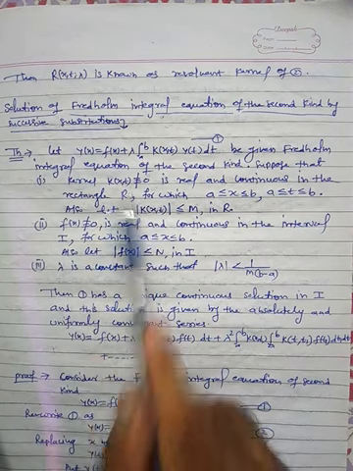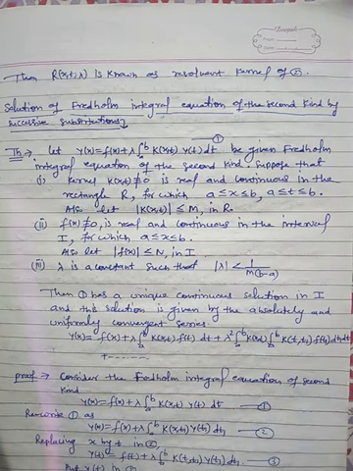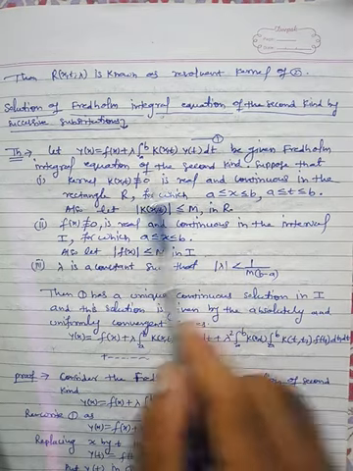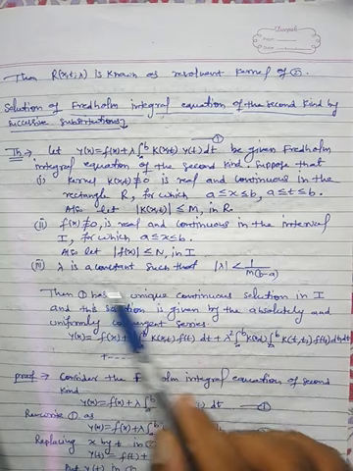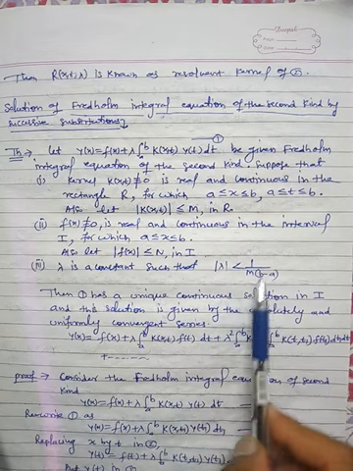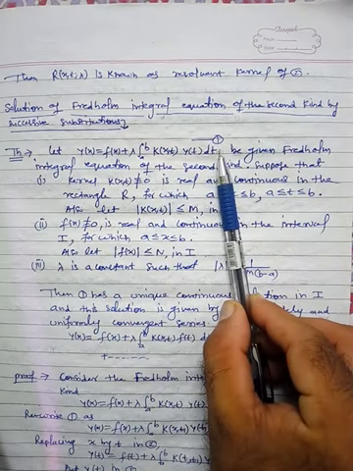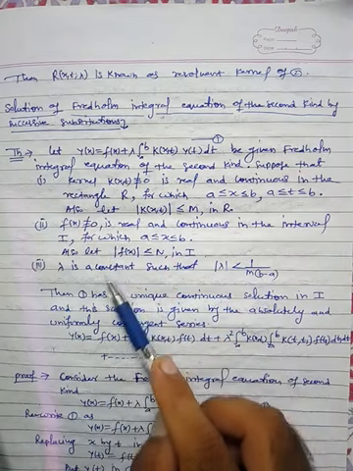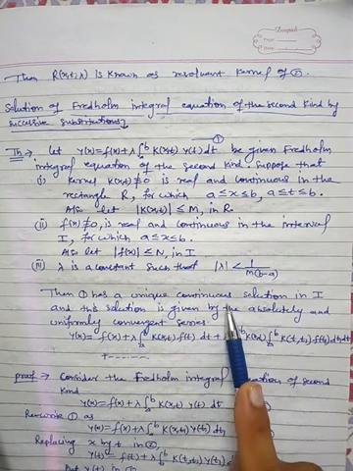So again, just like the kernel, the function is non-zero and bounded in this interval I. Fine, and continuous also. Just like here, the function is non-zero and continuous and bounded in this interval. Lambda is a constant satisfying this property: the magnitude of lambda is less than 1 by M into (b minus a). If this equation satisfies these three properties for the kernel, the function and lambda, then we can say that it has a unique solution, which